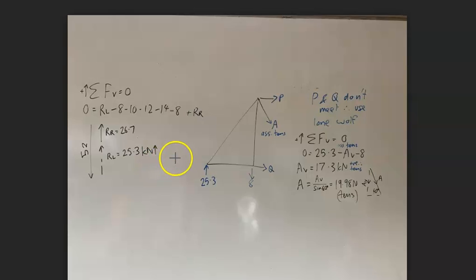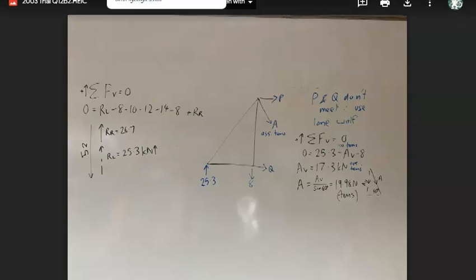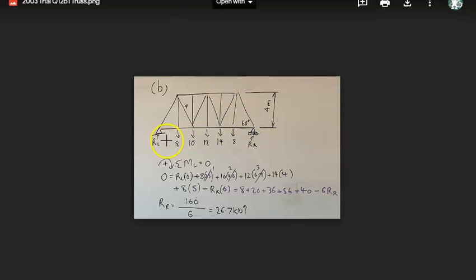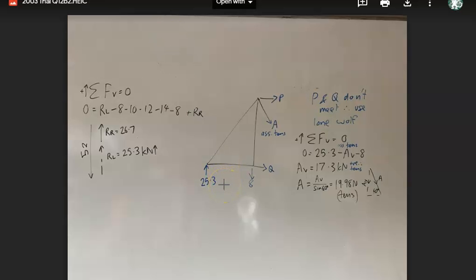And a thing you can do, I know I haven't really taught this a lot, is if you can take moments about L to find R, and you can take moments about R to find L, you have a duplication in our answers, which means that you can check your answers yourself. If you have time, it's worth taking moments from the opposite side and just checking that you got the same value. And that's a way of